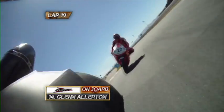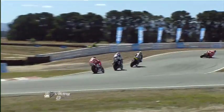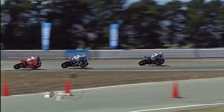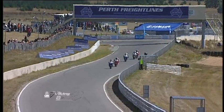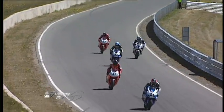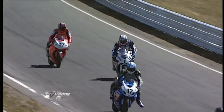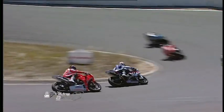So Allerton up into fourth. What can he do from here on in? Right on Herfoss's tail now. What a great mixture of bikes. So 3 different types of bike in the top 5. They've kicked clear of the rest of the field. BMW, Suzuki and Honda, but it's Stouffer who goes back to the tail of the leading group